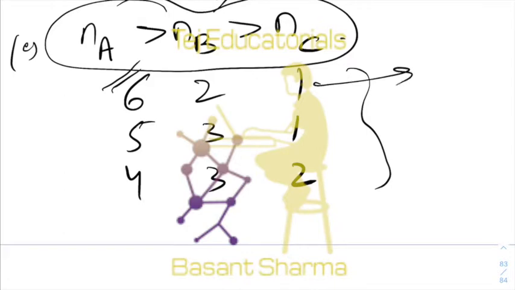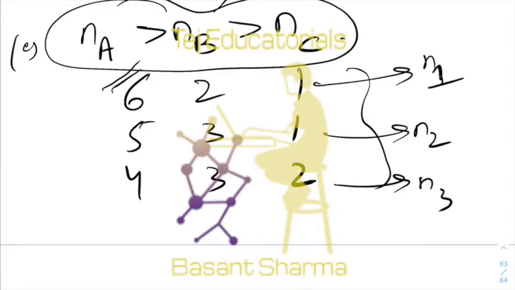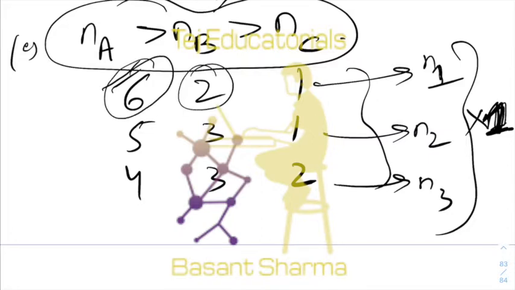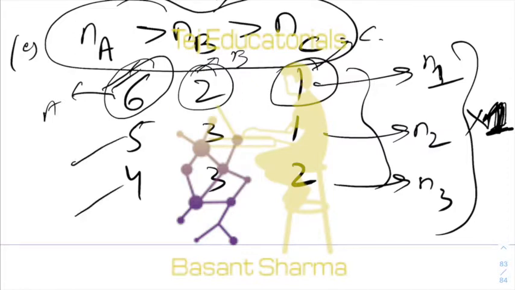Then corresponding to this, form the number of groups. Again, use grouping here. And what are the number of ways of distribution? Once you have formed the groups, there is only one possible way of distribution, right? Don't do 3 factorial or something like that. Only one possible way you can distribute the groups. Once you have a group of size 6, one group of size 2 and one group of size 1, there is only one way you can distribute it. 6 must go to A, 2 must go to B, and 1 must go to C. Similarly for these two cases.